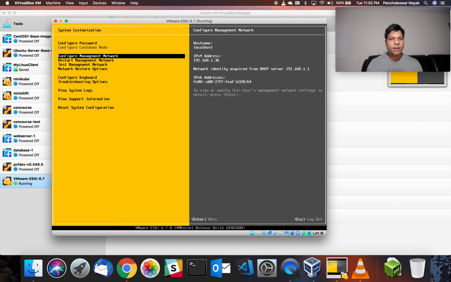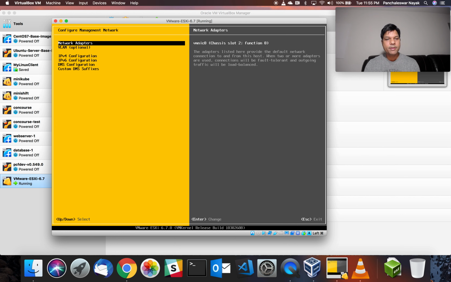Here, first thing, it is always advisable to have a static network IP address for your ESXi server. So you see here, it has got a DHCP. It has got the IP from the DHCP server, which is running in my router, which I don't want. It's not advisable to have a DHCP based IP address for your ESXi server. So I'm going to change that. So configure my management network. I'm going to change that to static. Enter and